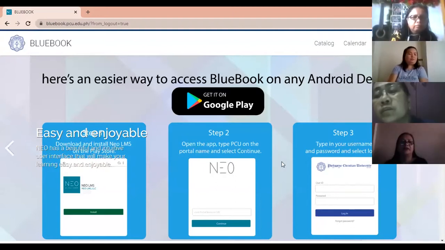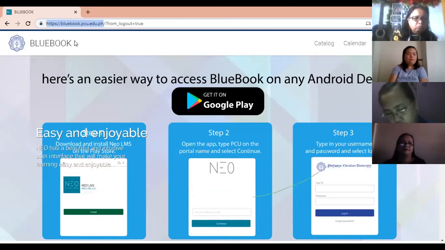So now I'll be showing how to create your Bluebook account as a teacher inside Bluebook. If you already have your Bluebook account, no need to follow the steps. Tapos doon naman sa mga wala pang account inside Bluebook, just follow the steps and remember that we will create our account only once. So the URL of our Bluebook is